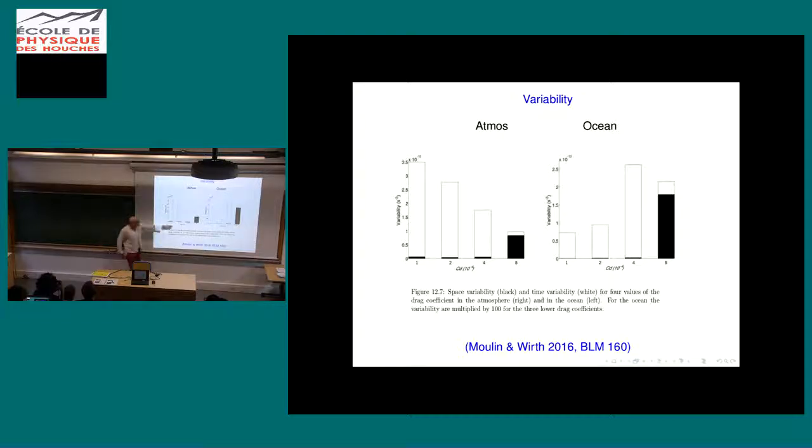Whereas for the higher one, temporal variability has almost decreased to zero, and all the variability is in the spatial part, so it's completely frozen. So this is something which we observed, and what we thought about is that this might be